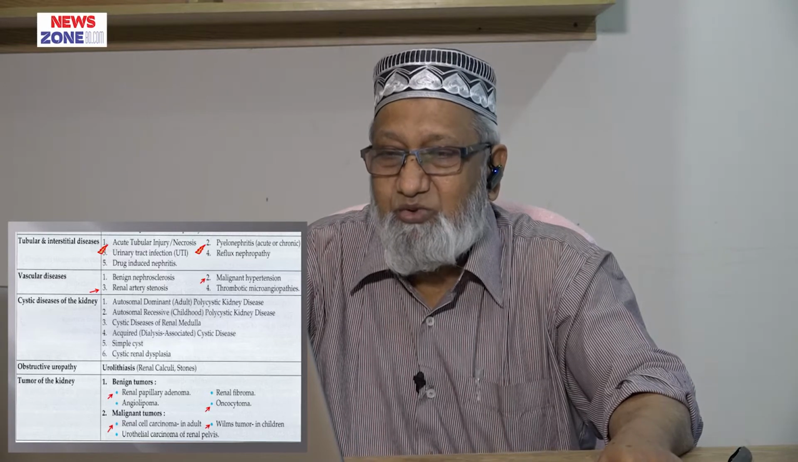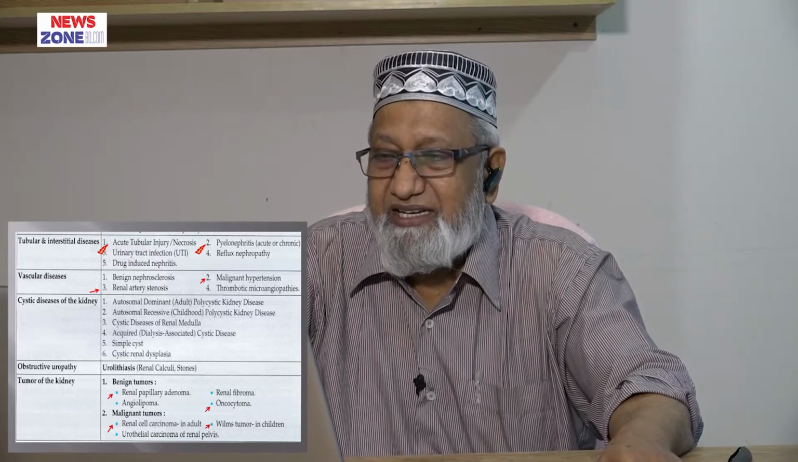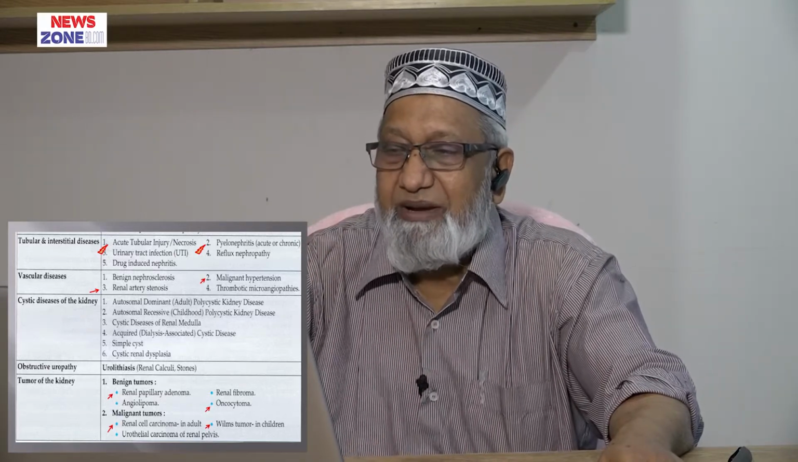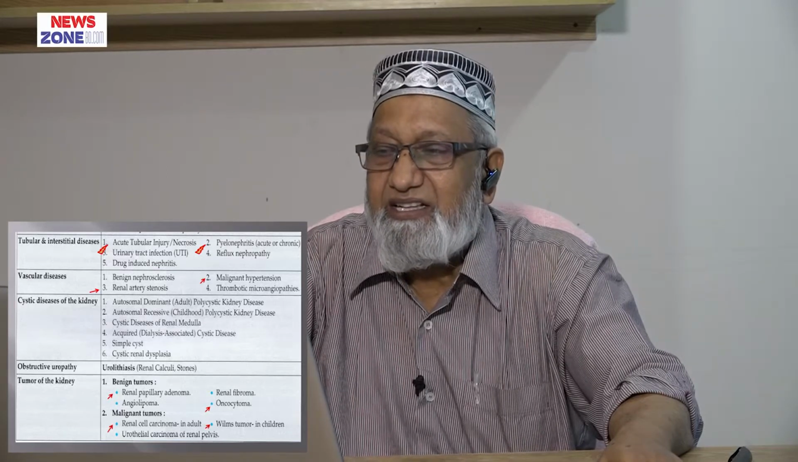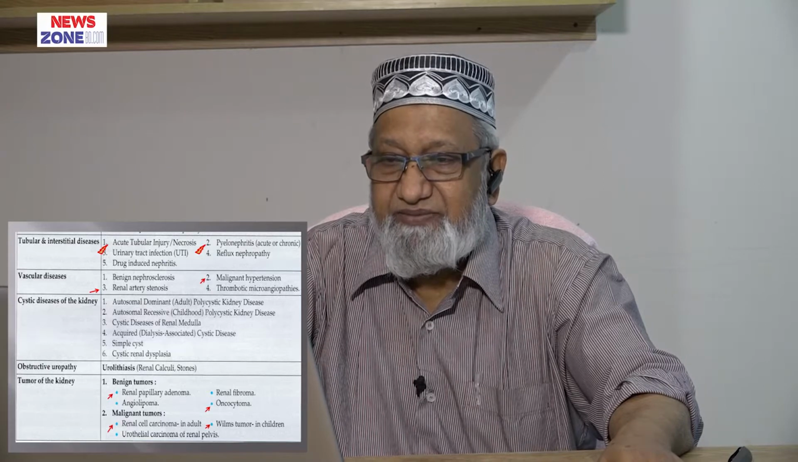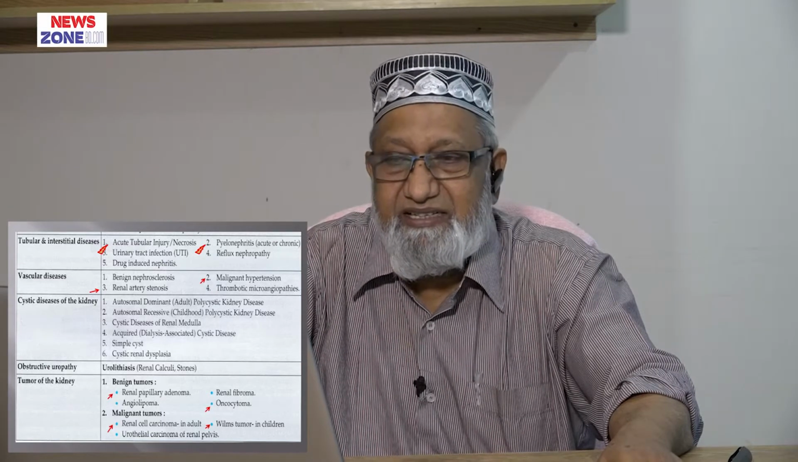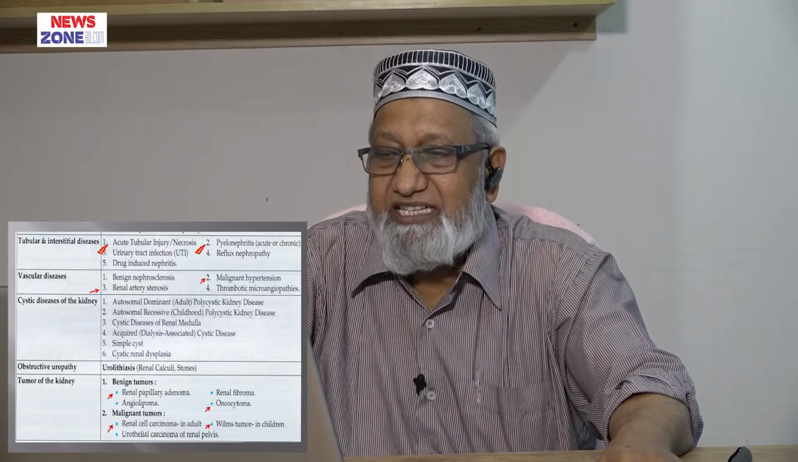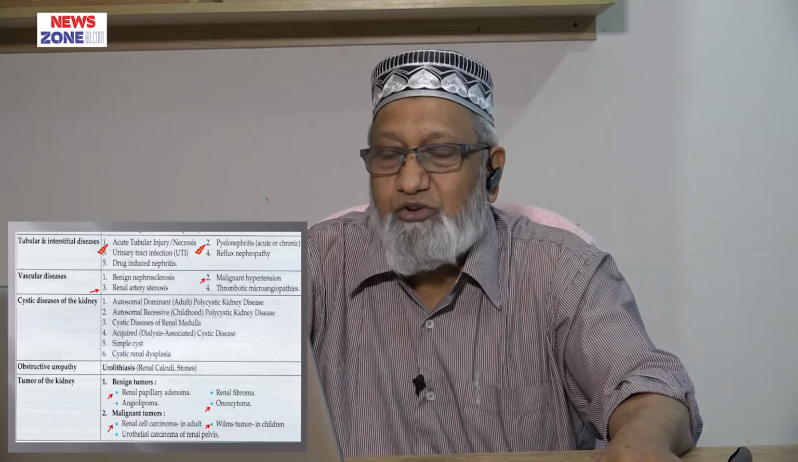And vascular diseases cause kidney lesions: benign nephrosclerosis, malignant hypertension, renal artery stenosis, and thrombotic microangiopathies. Cystic disease of the kidney: the headline is autosomal dominant disease, which occurs in adults, and autosomal